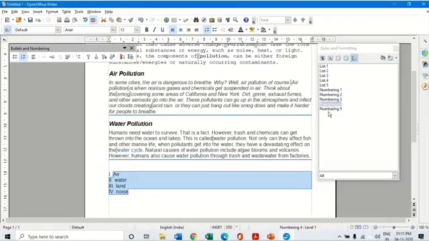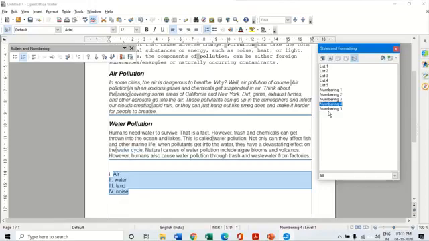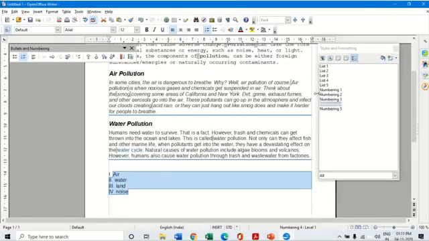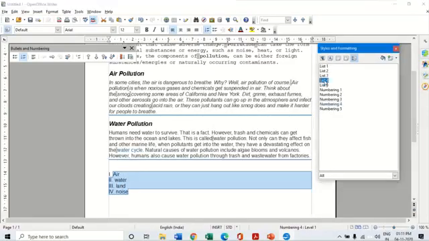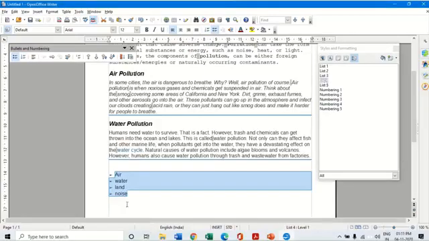Suppose I want to apply the same styles throughout my document. Suppose I've got around 20 pages of document. Instead of going individually, if I want all the lists of the same type, I can simply go and apply. Suppose I say I want list type 4 for all my bulleted points. I can simply go to this style and apply bullets for this.